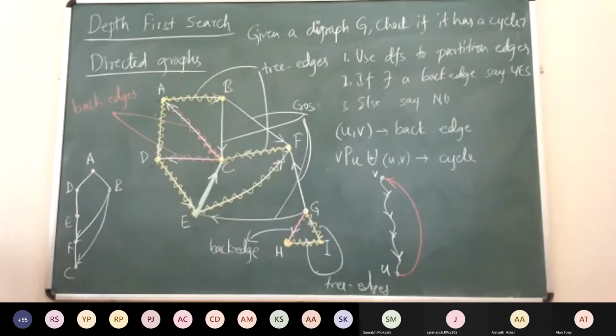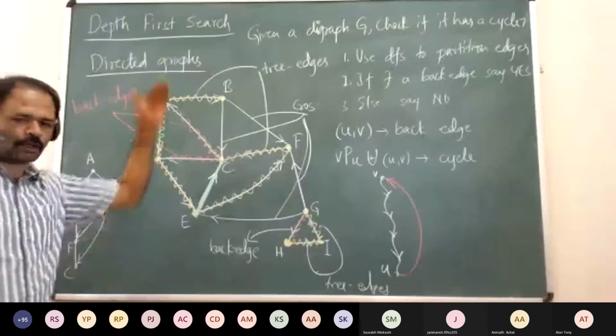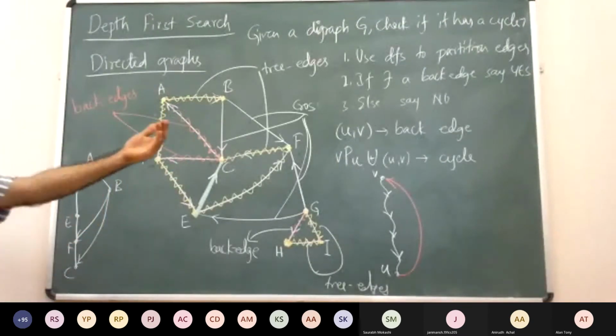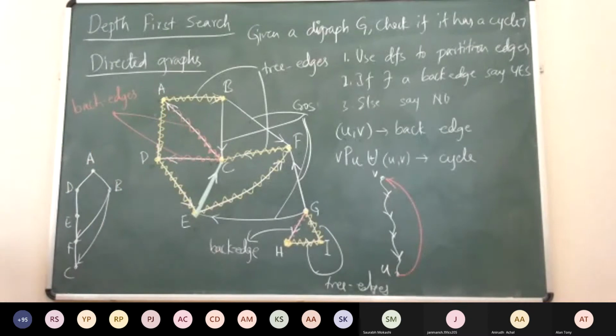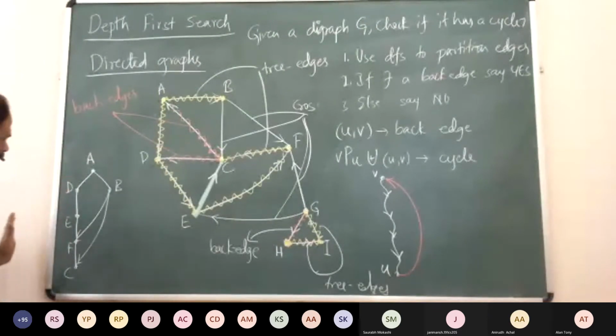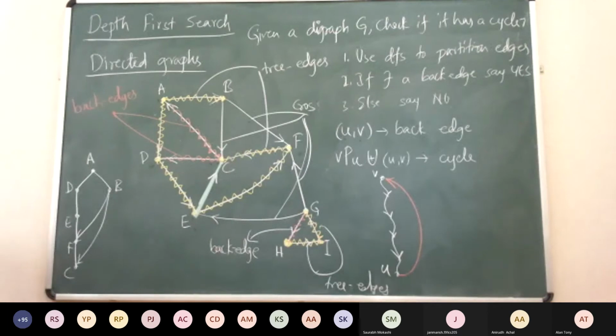So notice that suppose you draw the tree the way you discovered it, from top to bottom and left to right. All the cross edges are directed from right to left. This is the first branch we discovered. They will never go from left to right, otherwise you would still have discovered them. What Alan says is a nice thing. You can think about whether other edges lead to directed cycles or not.